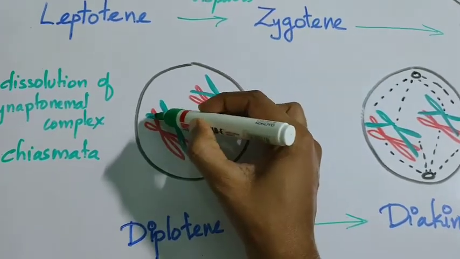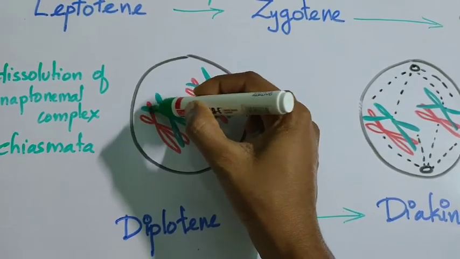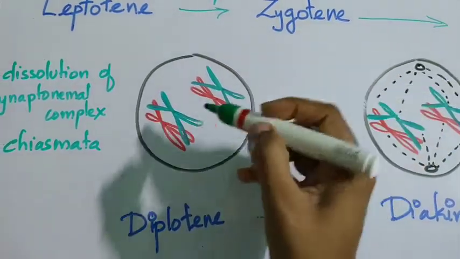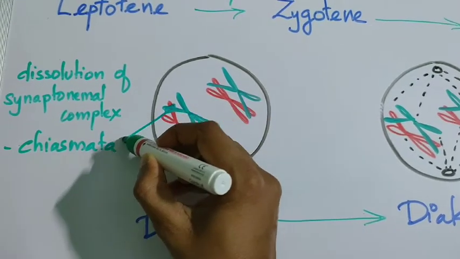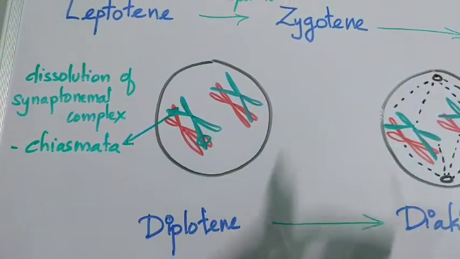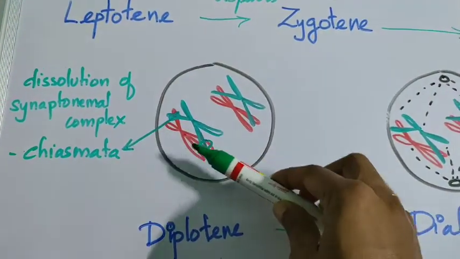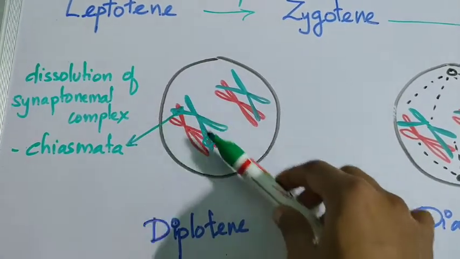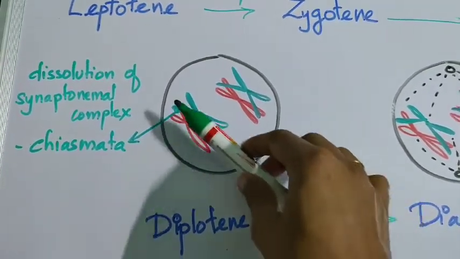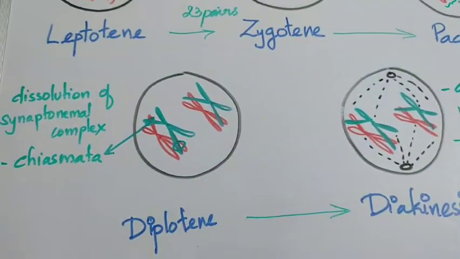Now this ഈ ഒരു crossing over appears, it has a X-shaped appearance. ഈ ക്രോസിംഗ് ഓവറിന് ഒരു X-shaped appearance ഉണ്ട്. ഈ ഒരു ക്രോസ് ഓവർ നടന്ന റീജനെ വിളിക്കുന്ന പേരാണ് കയാസ്മേറ്റ. വാട്ട് ഈസ് ഇറ്റ്? കയാസ്മേറ്റ. സോ the two chromosomes of the homologous pair are now attached only at the chiasmata. Okay, understanding that. So that was diplotene.